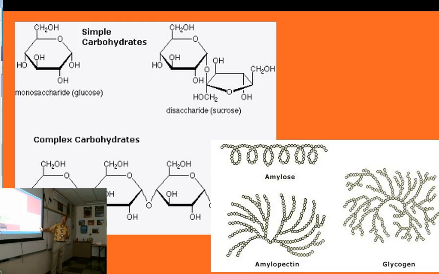Here are some common, very large complex carbohydrates. So glycogen is this thing, it's going to be hundreds and thousands of sugar molecules strung together into this branching, looks almost like a coral compound. Okay, amylopectin is another one that you're going to find in fruits quite often. Huge chains, lots and lots and lots of sugar molecules stuck together. And then amylose is this, looks like a telephone cord. It's a spiral made up of hundreds and thousands of sugar molecules.